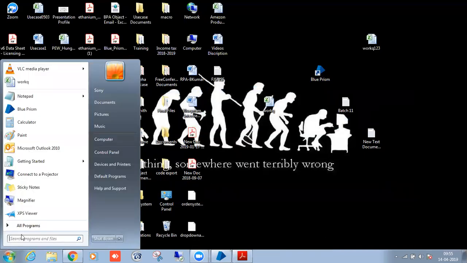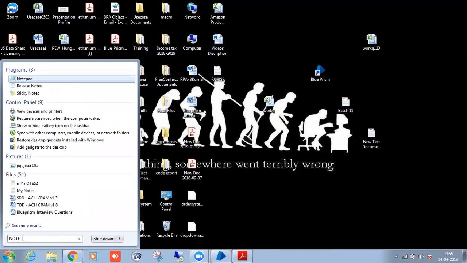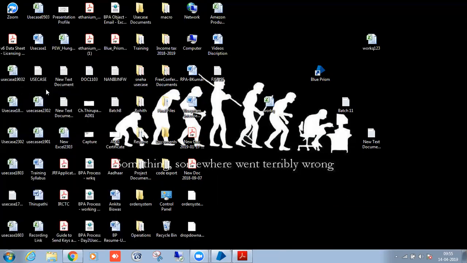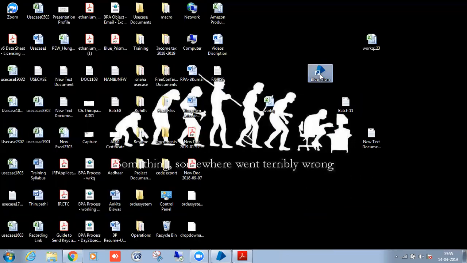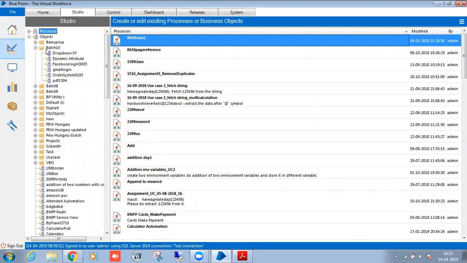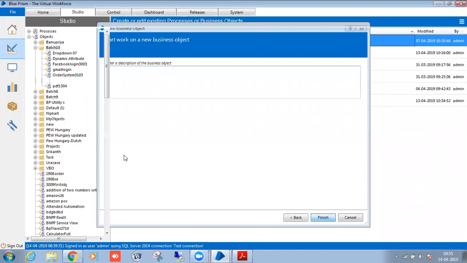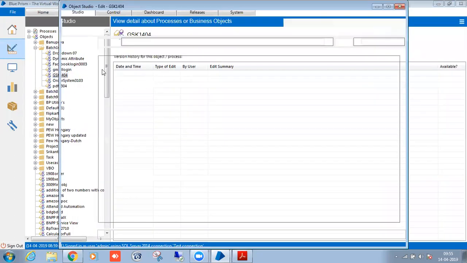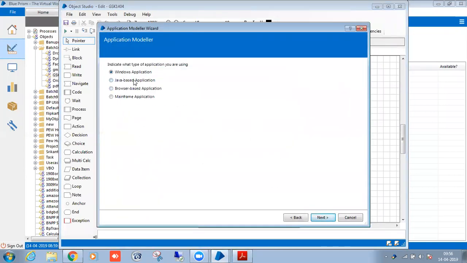First I will take the notepad exe file location: shift, right click, copy as path. Next, it's a window based application, right?